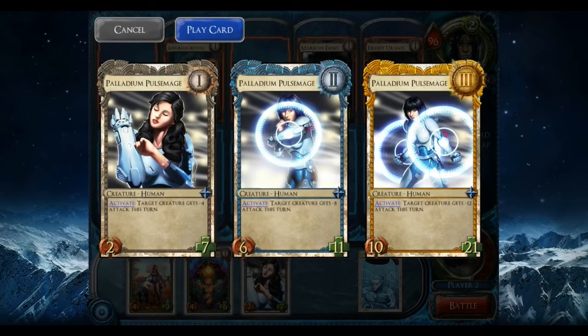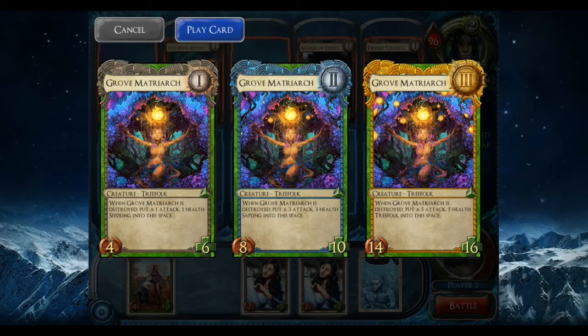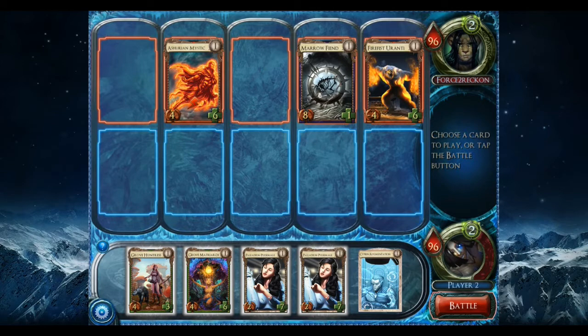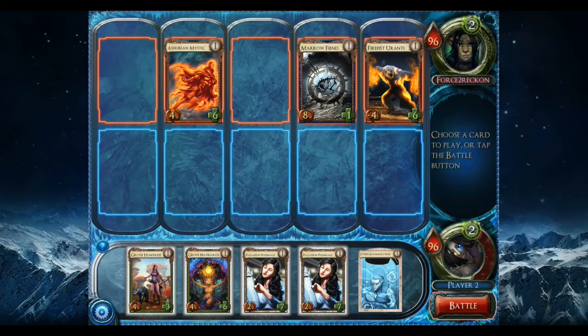Palladium Pulse Mage. Target creature gets -4 attack this turn. Grove Matriarch could be useful. When Grove Matriarch is destroyed, where would that work? I'm trying to think of if there's anything really worth playing. I mean, playing the Palladium Mage across from the Marrow Fiend doesn't really work because the Marrow Fiend will kill it, die, and then this will die, so they trade, which I guess is the best I can hope for, but I'd like to use this activated ability, and I can't use the Grove Huntress to make sure he survives, so